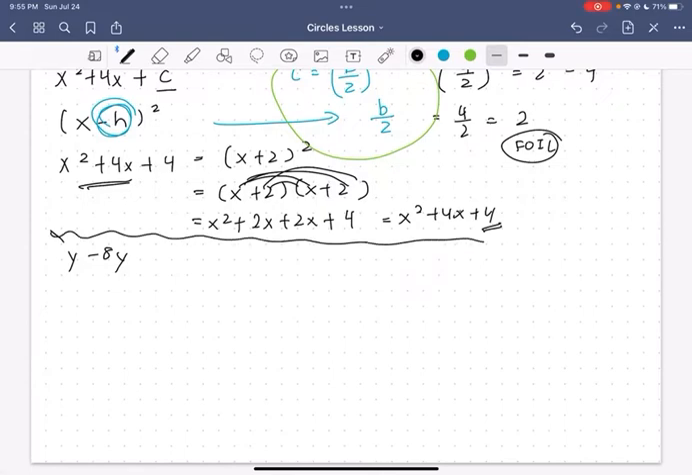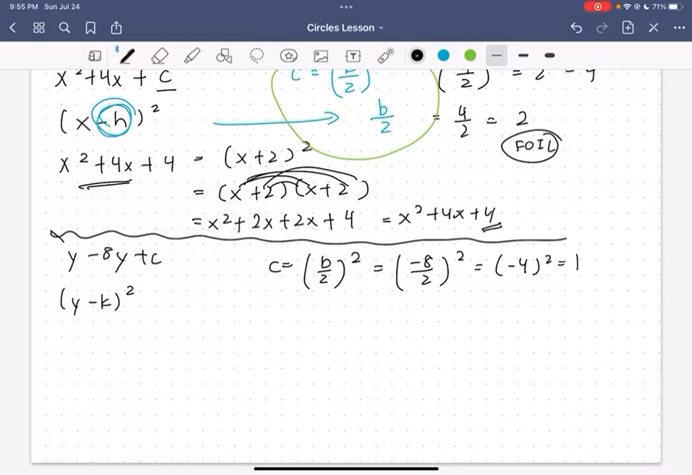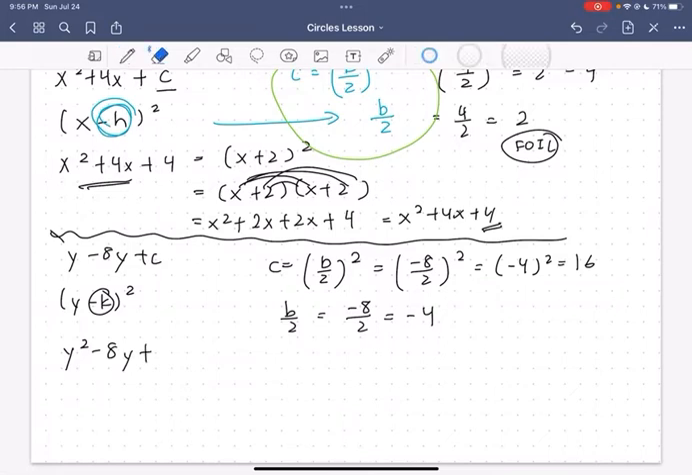So we want to add a number c, and we want to make it seem like y minus k the whole square, something like that. C equals, using what we just learned earlier, b over 2 the whole squared, which is negative 8 over 2 the whole squared, and this is negative 4 the whole squared, which just makes 16. And then this number is going to be b over 2, so it's going to be negative 8 over 2, which gives you negative 4. So you're going to get y squared minus 8y plus 16 equals y minus 4